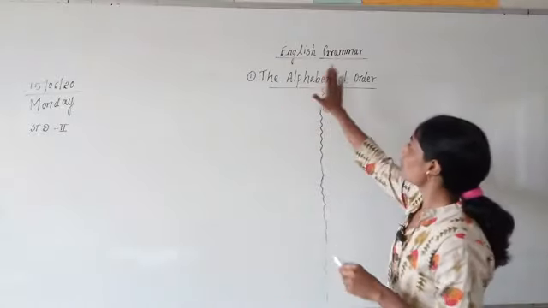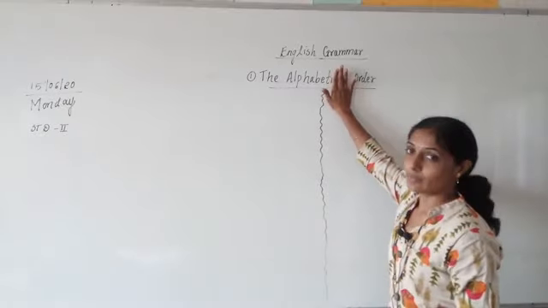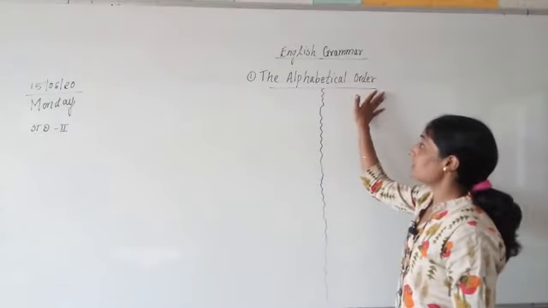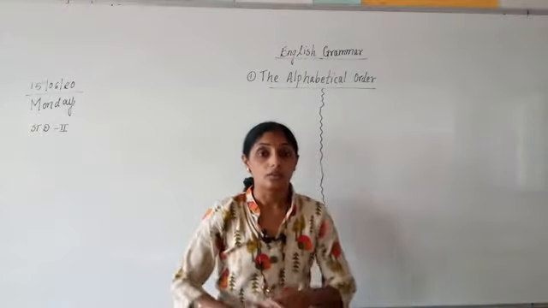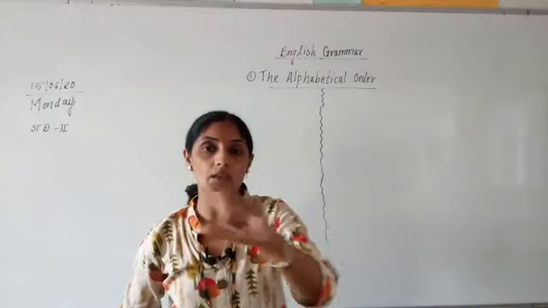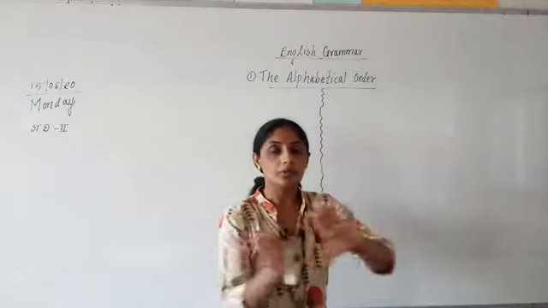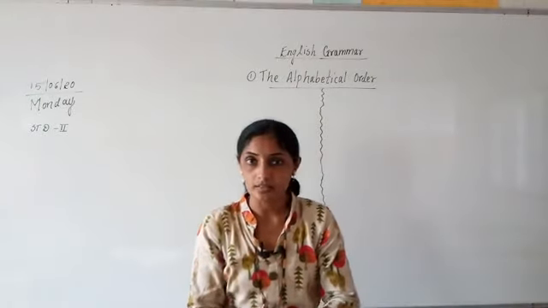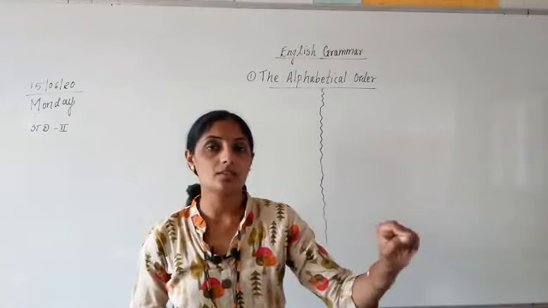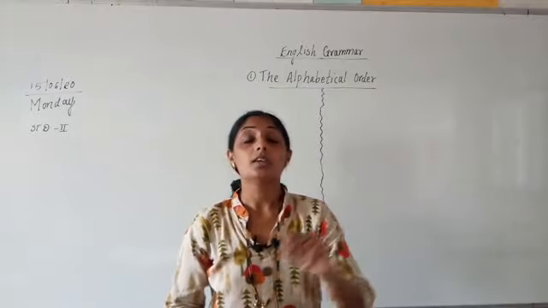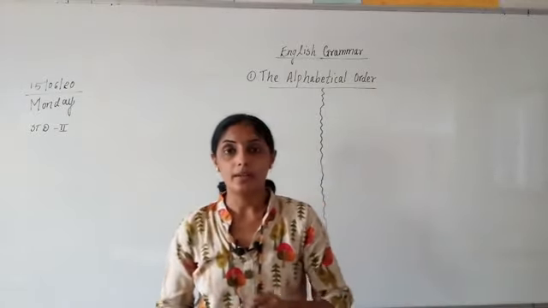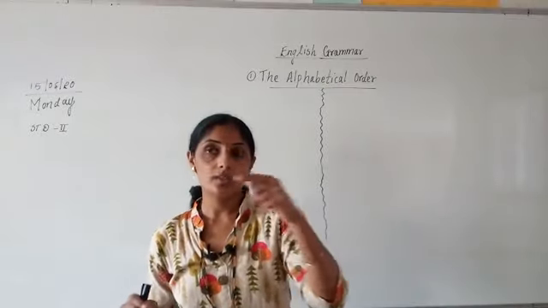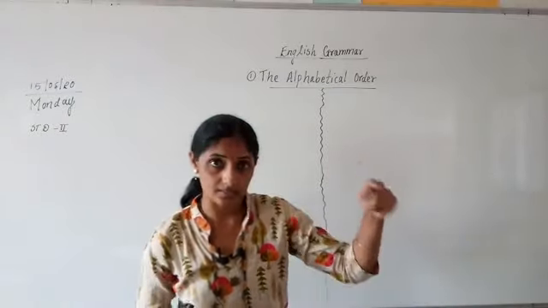Now what is this first word? Alphabet, right? And for the front side it is given order. Now what is alphabetical order? The order or the sequence or the writing of letters in sequence or in order is known as alphabetical order. Alphabetical order means we write down letters sequence-wise.